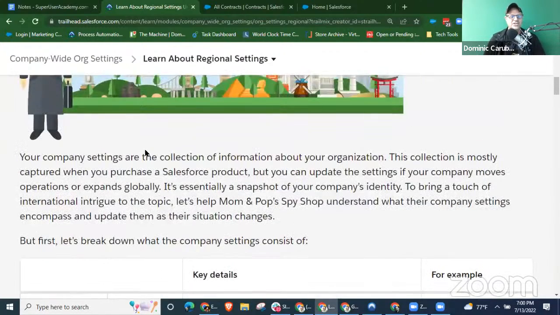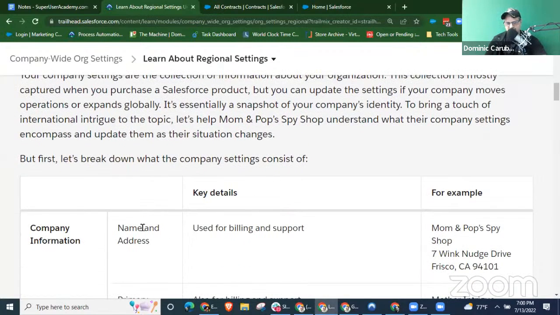Yeah. So they're the collection of information about your org. Think of it as your org's user record in Salesforce. Your org is part of a tenancy and an instance and in the ecosystem, and all of your settings are the company settings. So we've got to identify your company from all the other customers in Salesforce. But you also can change those, right? Like the name and address,